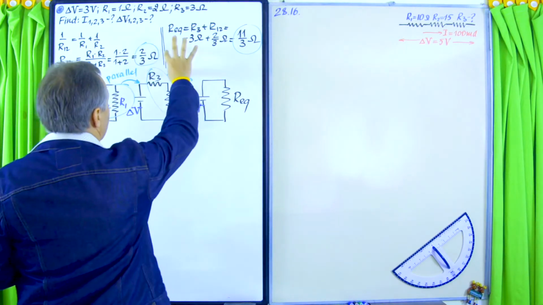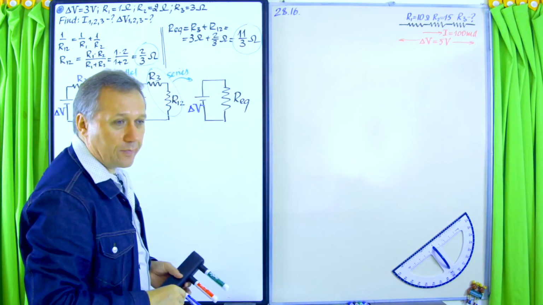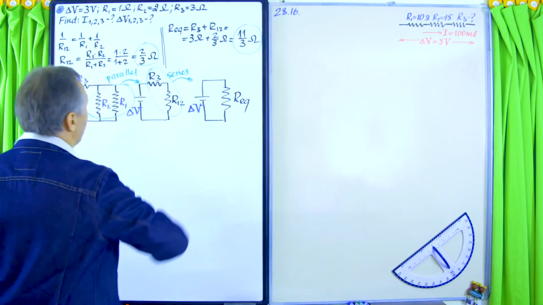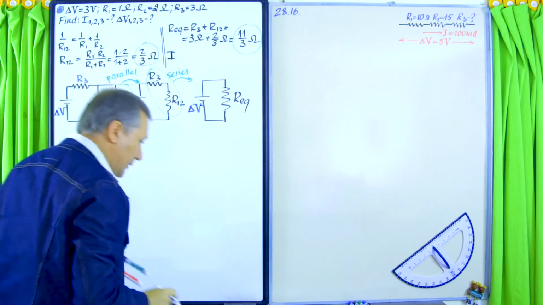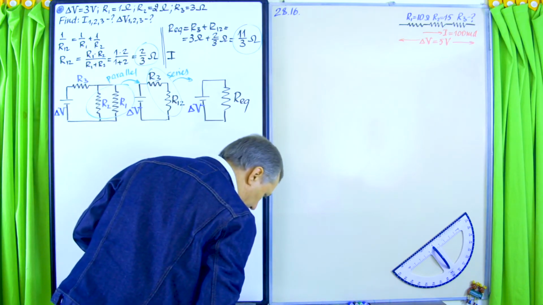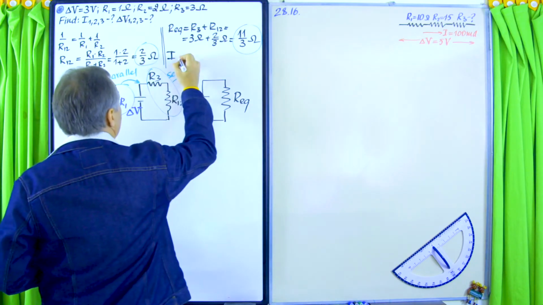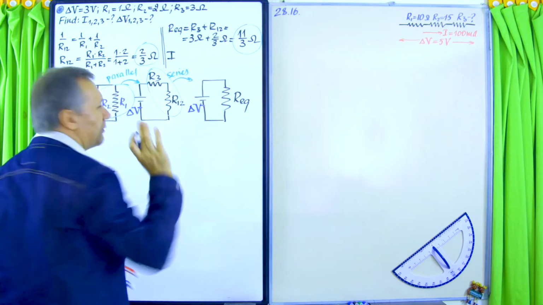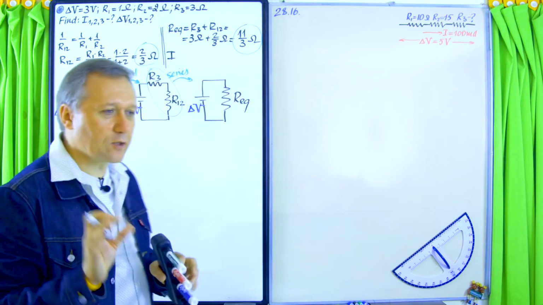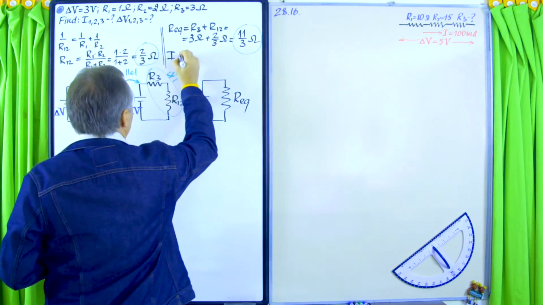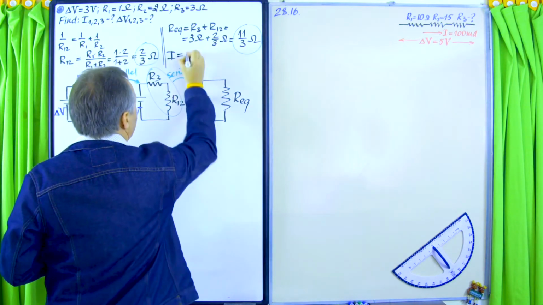I think I have space. I will be able to find that current over here on top. Which way do I label it? I equivalent. Actually, I will just use I without a subscript. It's basically the total current, right? So I will be equal to delta V